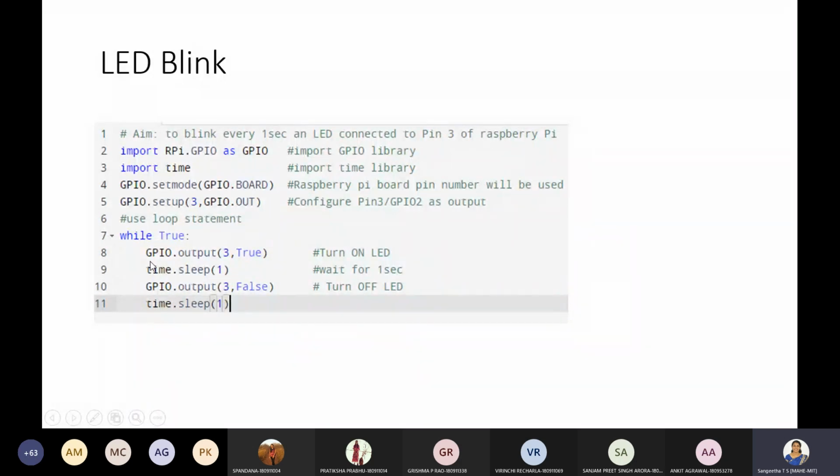Since for this 1 second duration of time, no other commands will get executed, because the system will be sleeping for 1 second, this will be high for that time. Okay, and also this will be low for 1 second. Okay, so you get the feel of the LED blinking. So that's the logic behind that.